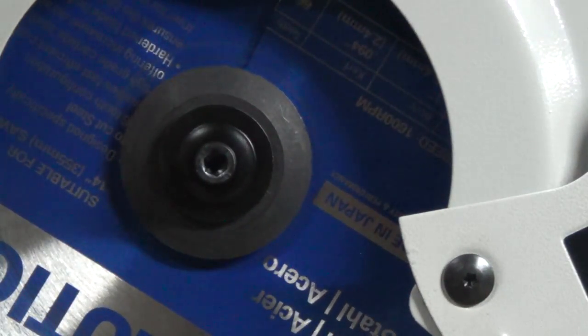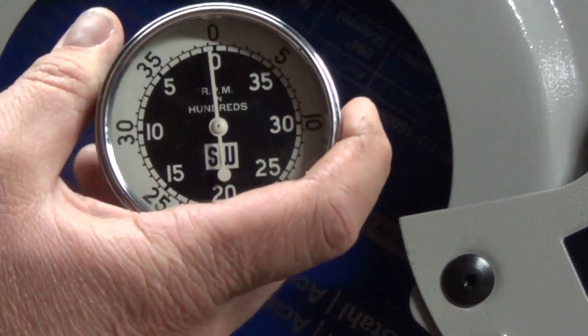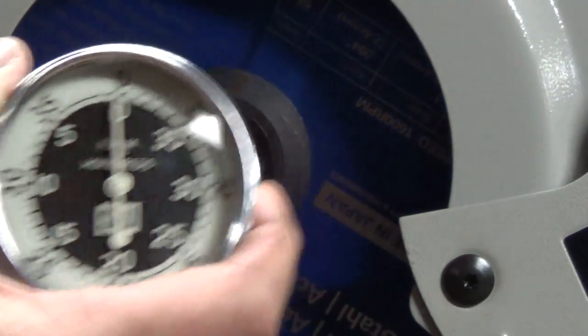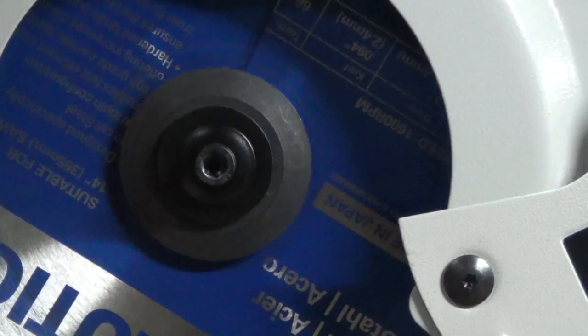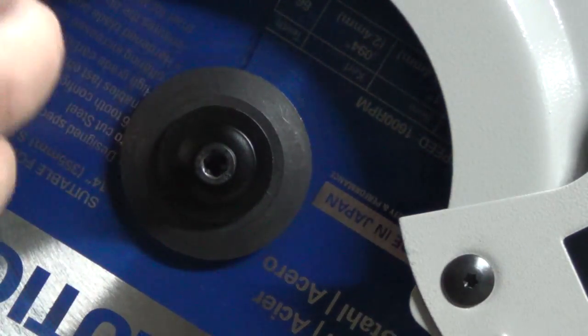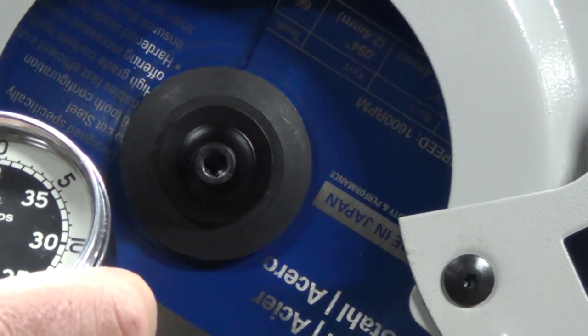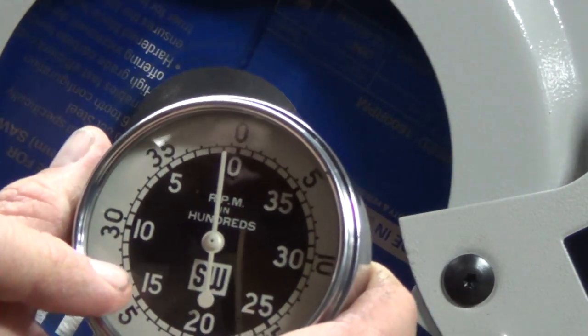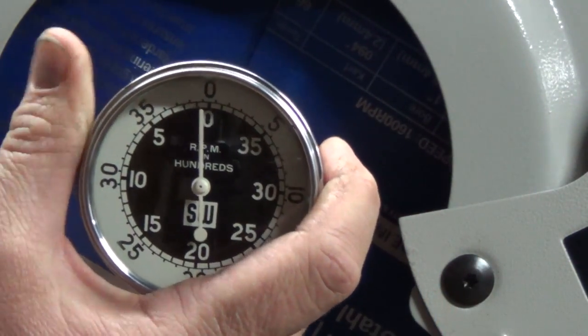So hopefully this will just sit here and be nice, and we'll see what this thing's reading. Now this thing was rated for 1450 RPM. Yeah, 1450 RPM. I'm hoping that, what the heck was it now? I've already forgot. The white scale for counterclockwise, so I'm hoping to see it go around the 15 there. So let's see here. I don't know if I gotta stick it on first or...